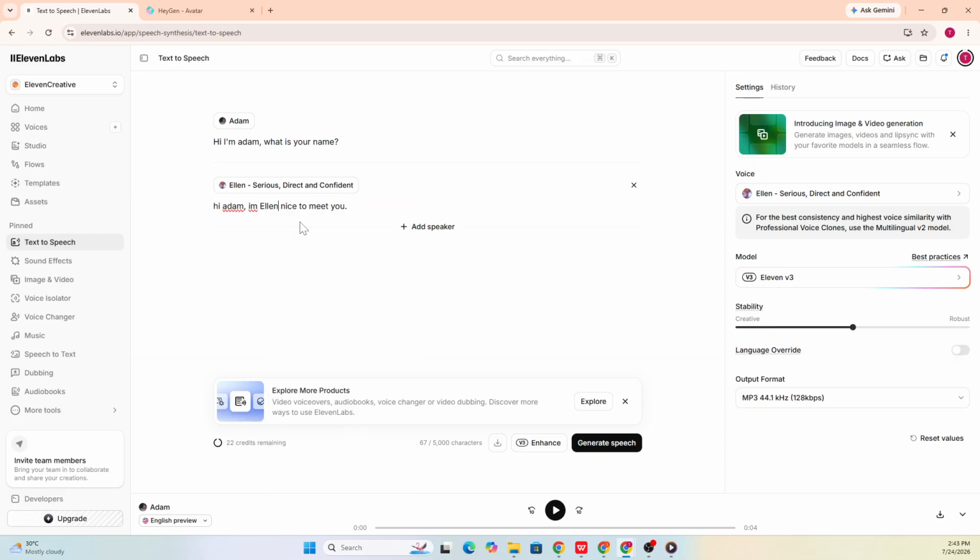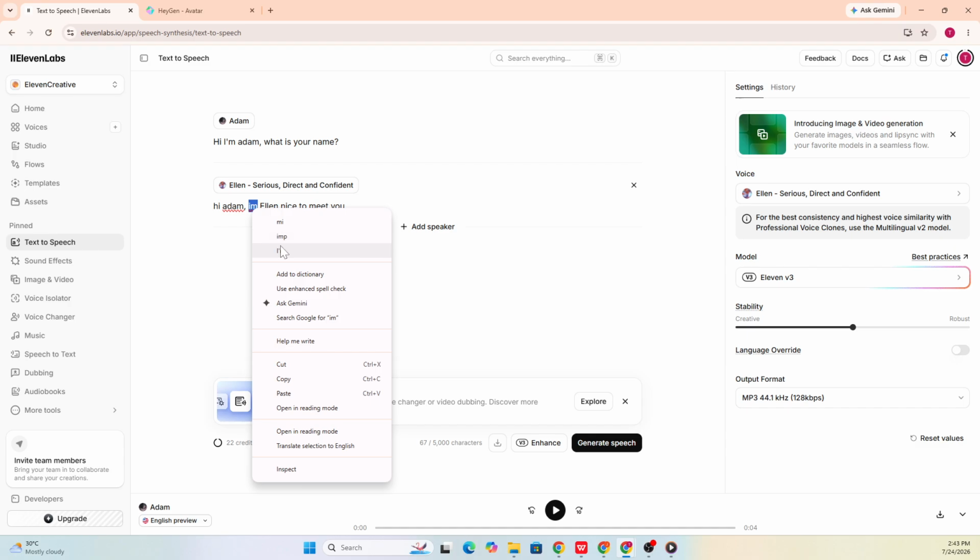Once you've finished configuring the speakers and entering your dialogue, your multi-voice project is ready to generate using the voices